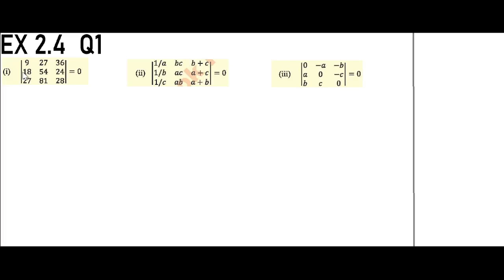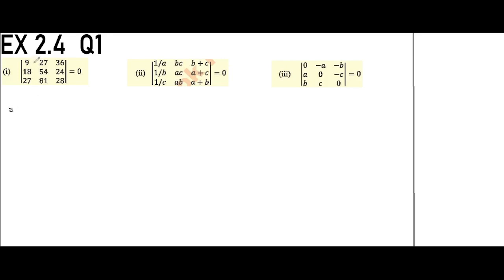Bismillahirrahmanirrahim. We are going to start the first question of a new exercise. This exercise is about determinants. So while going through these questions, we are going to cross our paths with a lot of properties of determinants. So as the first one is used in this question, first of all, we are going to write it as